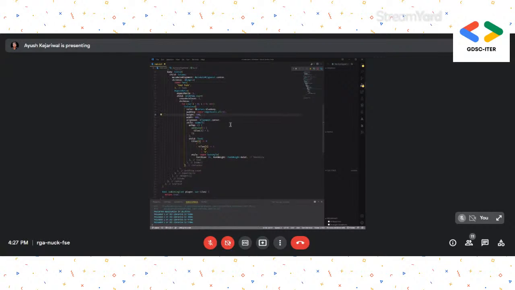Also we can just do this margin, not padding,